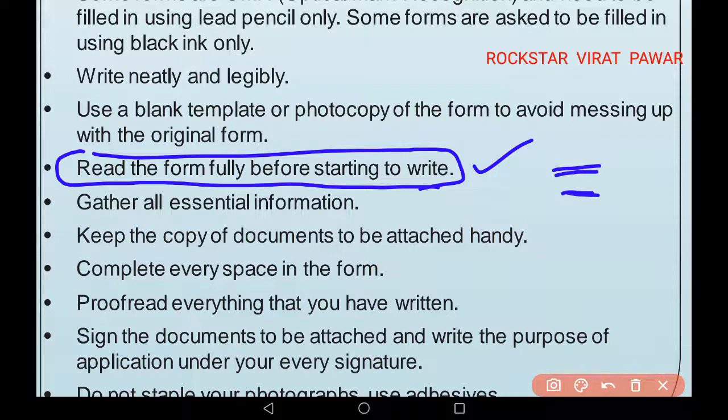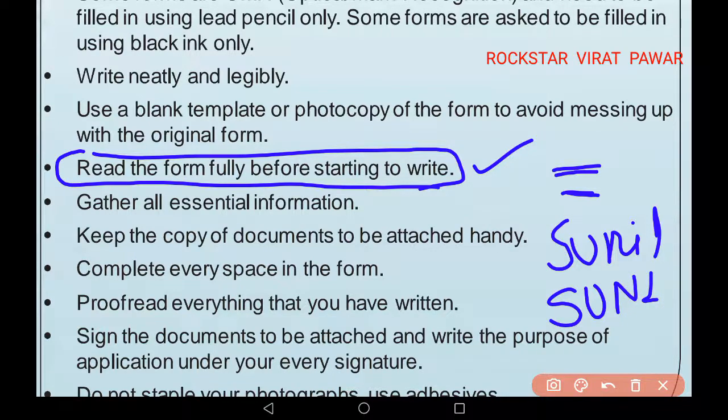If you fill the form the way you feel, if your name is Sunil and you write it in this way, but the form required that you fill all the letters in capitals, then it will be difficult for you to handle it after the mistake happens in your form.